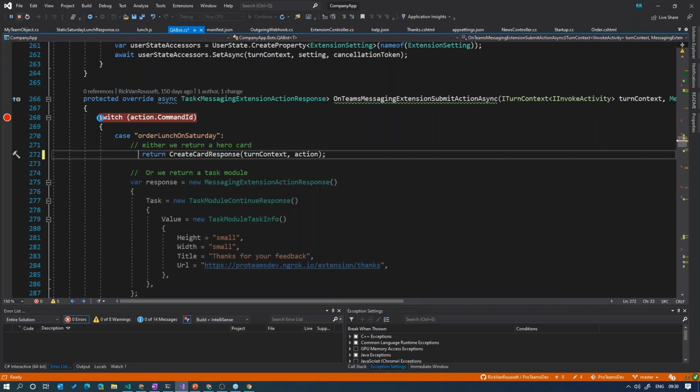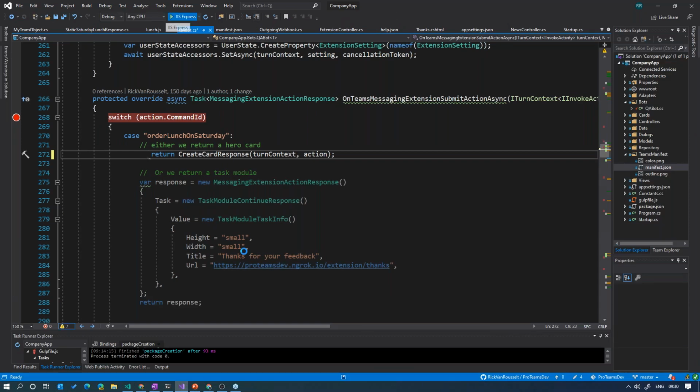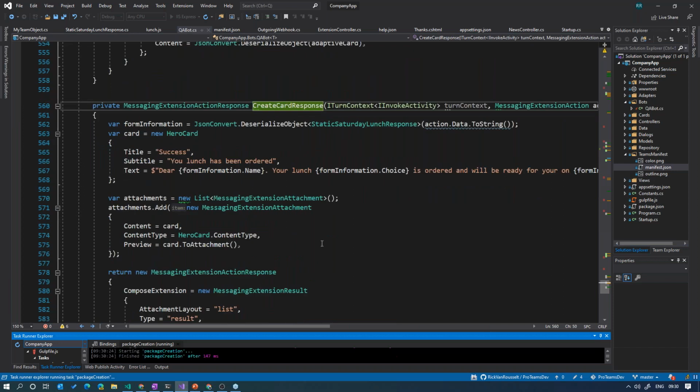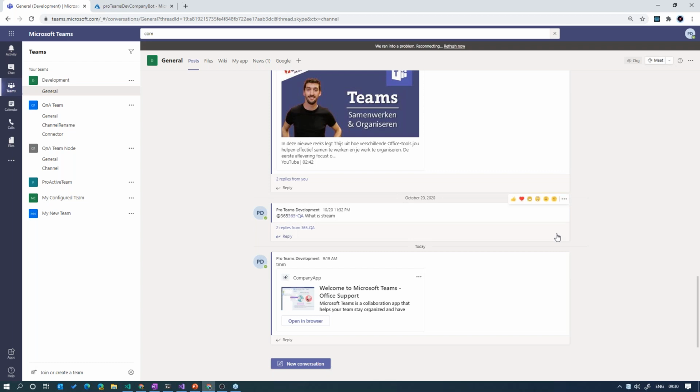So if I stop and start this one. As you saw, here we do a messaging extension action response with a task module, and we do a lot of information with our custom screen behind it. We don't need to do that. We can just say, okay, give me back a new card. What's in this create card response is just show a new hero card, add some attachments to it, and send that back. So if I now call Teams and do it again,